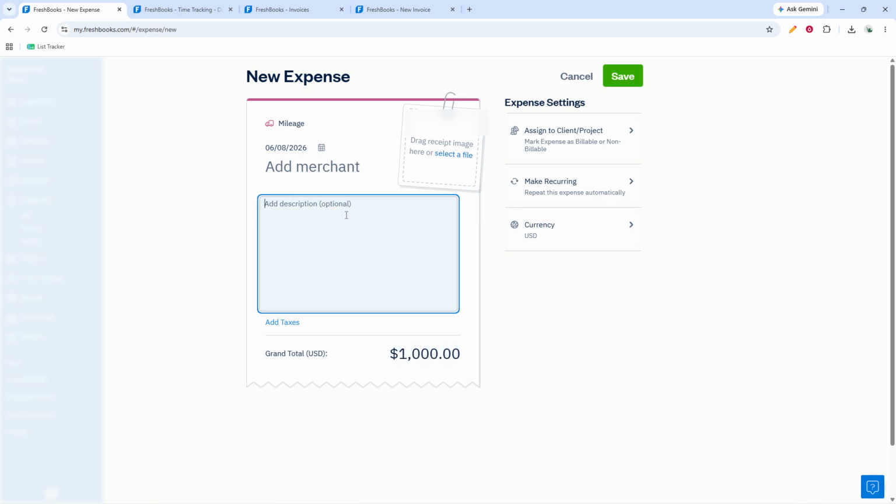This field is useful for noting where you traveled, the purpose of the trip, or any other details that will help you identify the expense later. A clear description makes your records much more useful when you need to look back through them. If you have any supporting documentation, you can upload it at this stage. This part is optional, but it can be helpful if you want to keep related files together with the expense